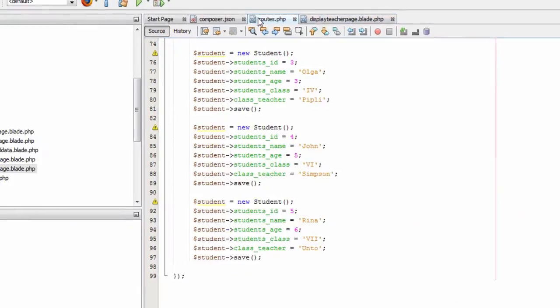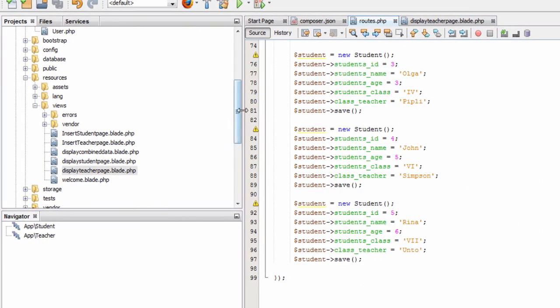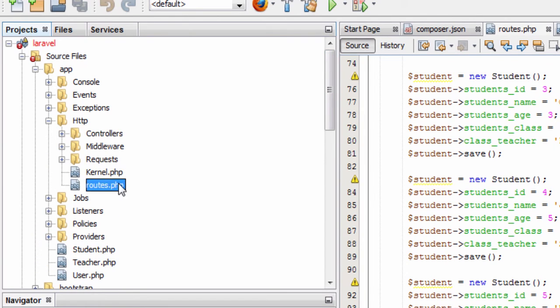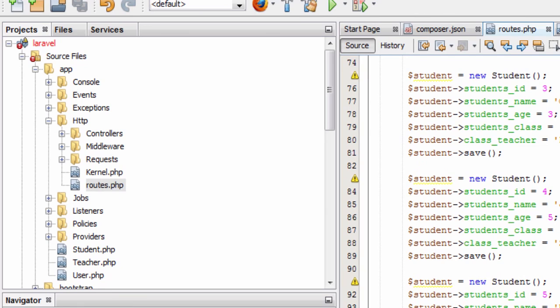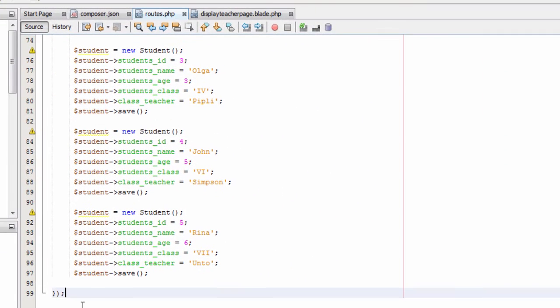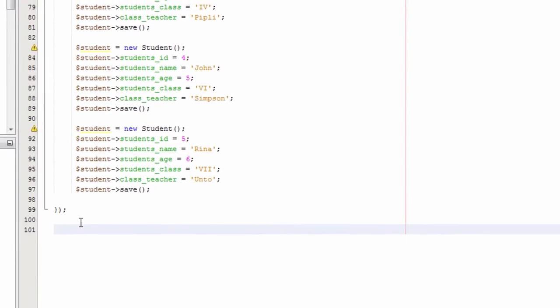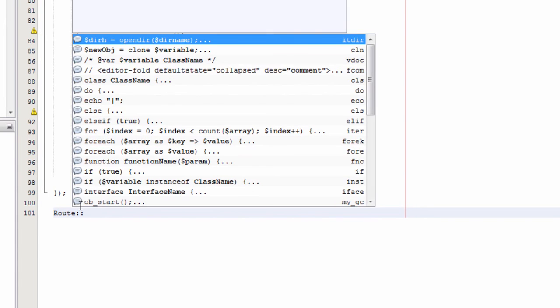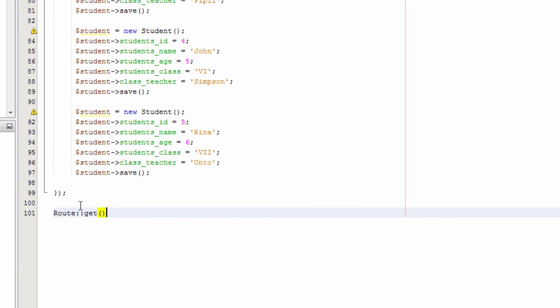Now we will type the route for this file to display the display teacher page.blade.php file. So in the routes PHP file we will type Route double colon get, bracket start, bracket end. In single quotes we will type /displayteachers